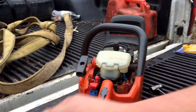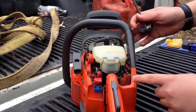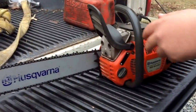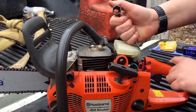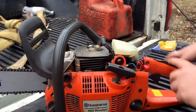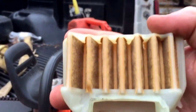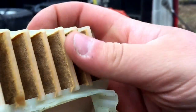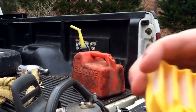Alright, pull it off. I went through it the other day and cleaned everything out. It's still kind of dirty, but I sprayed everything out. It got used another time after that, but for the most part, it's pretty clean. Alright, take this, pop off the air filter. You can see all this debris in there. The rest is